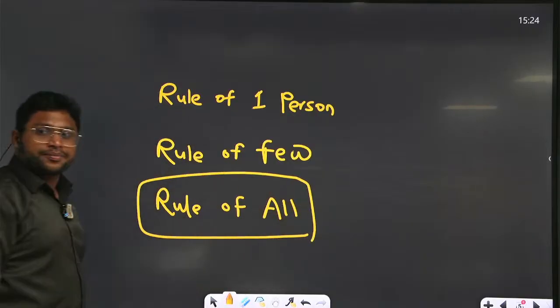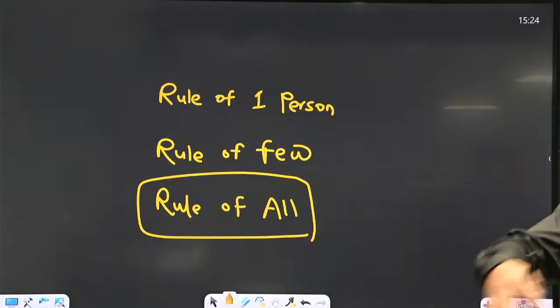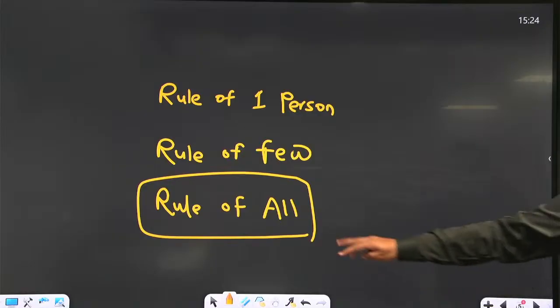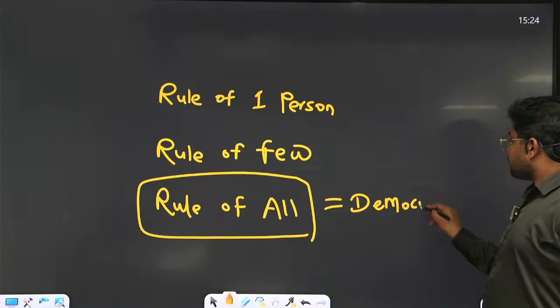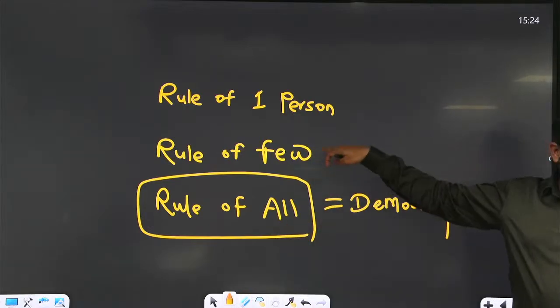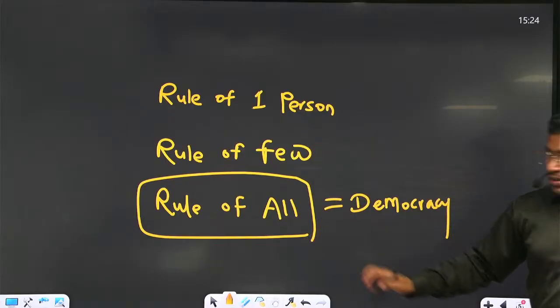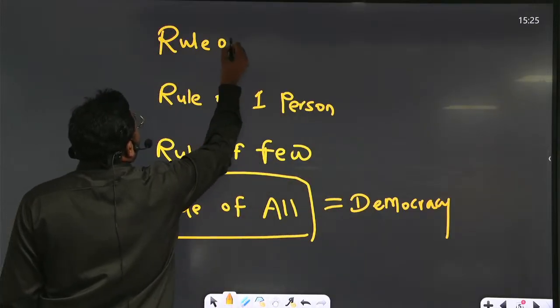Then this can also be there. Rule of all the people. We all the people, we decide everything. Direct democracy. Is it possible? Who will make law? We will make law. Yes? This is rule of all the people. This is nothing but democracy, can I say? Theoretically, at least, in theory, this is democracy. Although right now we are somewhat going for this, and this also we call democracy, theoretically. Yes? Now I am saying there can be rule of